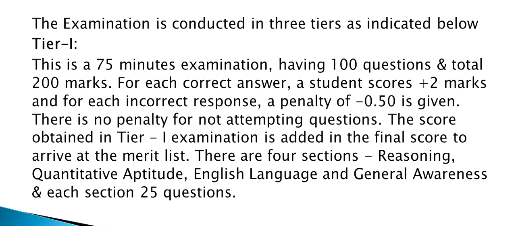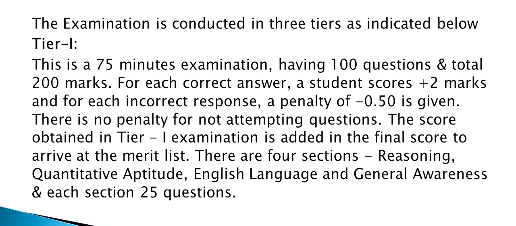Tier 1. This is a 75-minute examination having 100 questions and total 200 marks. For each correct answer, a student scores 2 marks, and for each incorrect response, a penalty of 0.5 mark is given. There is no penalty for not attempting questions. The score obtained in Tier 1 examination is added in the final score to arrive at the merit list. There are 4 sections for Tier 1 exam: reasoning, quantitative aptitude, English language and general awareness, and each section consists